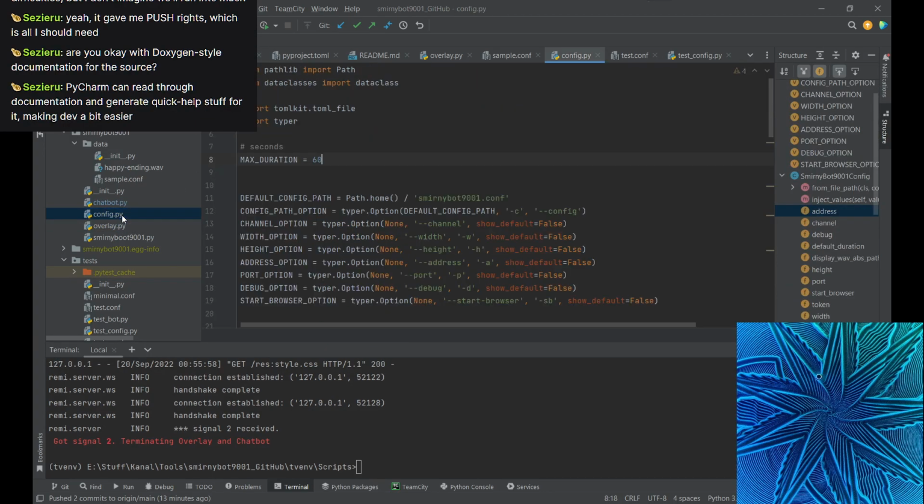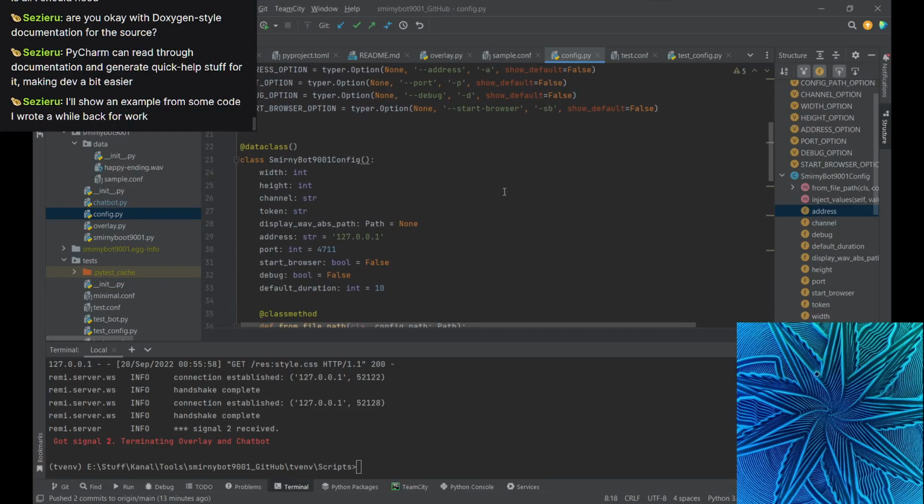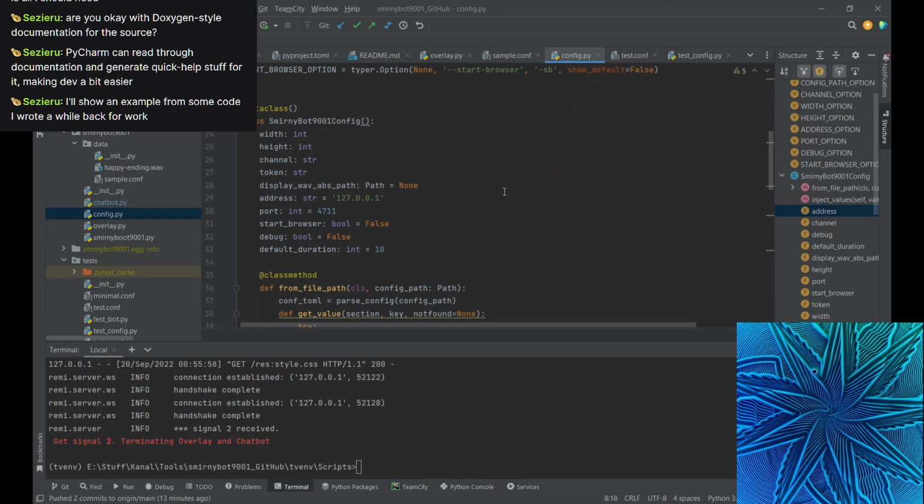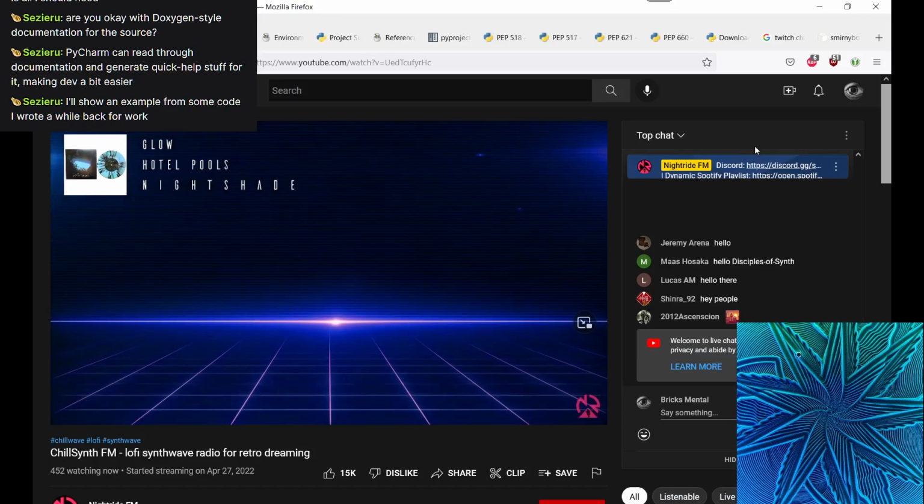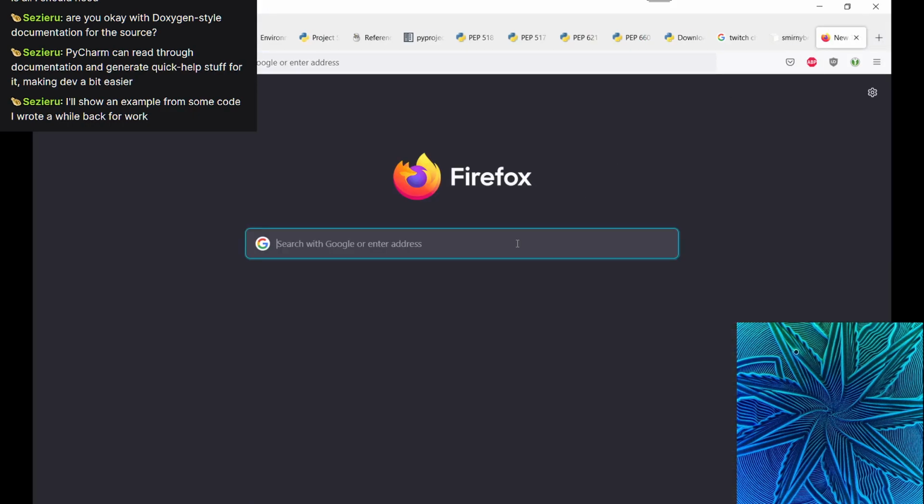I don't know if I have any examples of my type annotations here. So I don't know what the Doxygen style is.